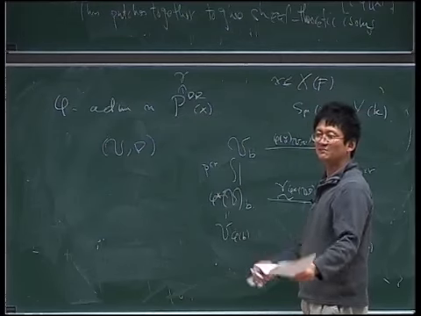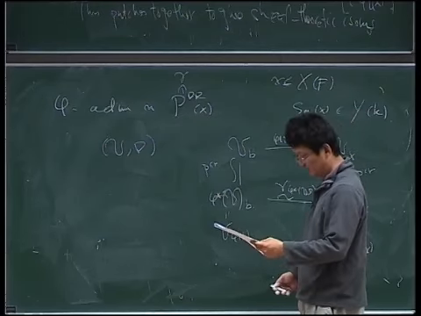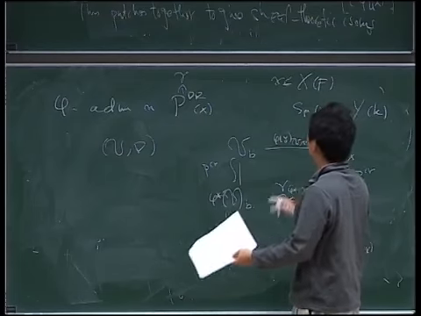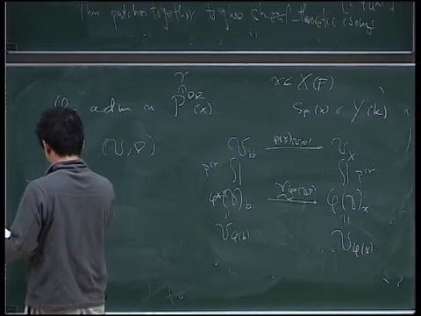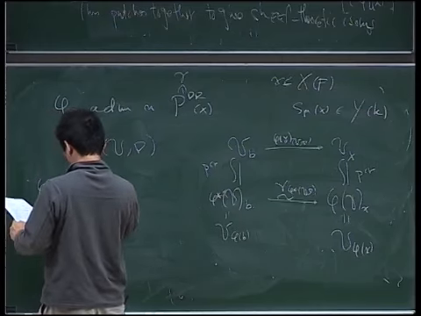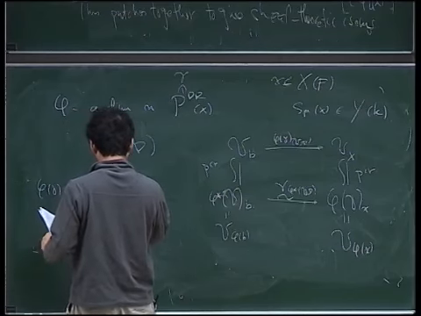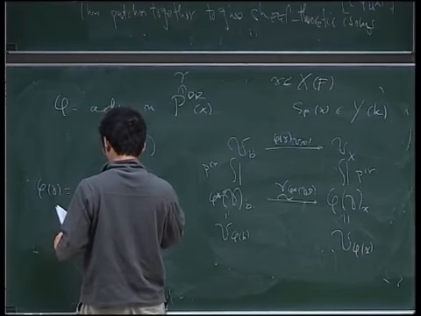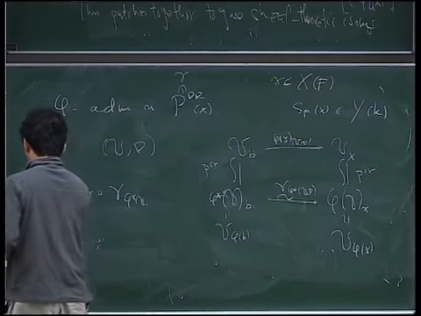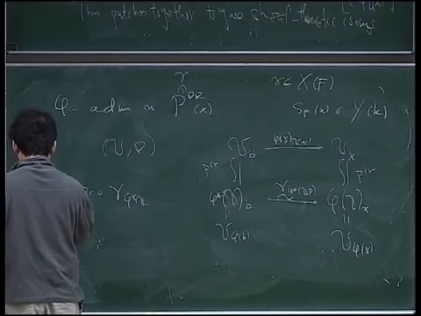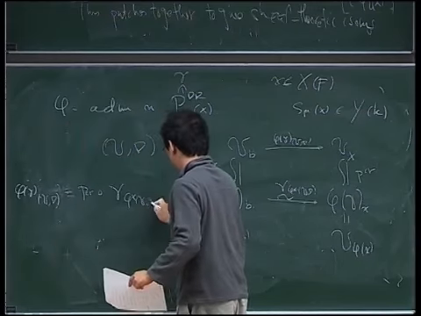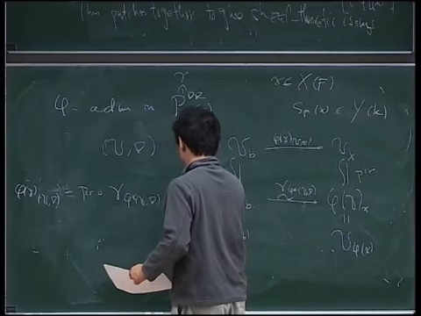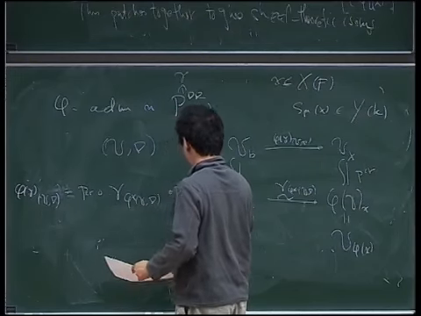And to make this explicit is quite hard. I mean, I don't know how to do it, in fact. Although, let me write that again. So phi of gamma, by definition, is P Cris composed with gamma of the phi pullback of V. Phi gamma at V nabla is P Cris composed with gamma at the phi pullback of V nabla composed with P Cris inverse. So that's the definition.